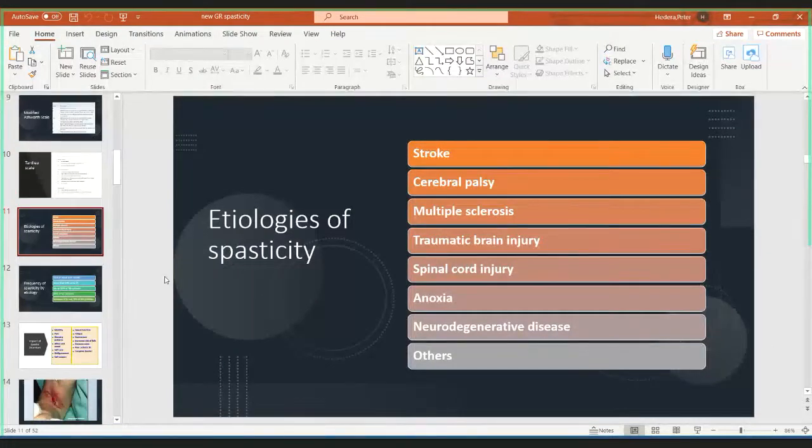So when we look at the etiology of spasticity, as you recall, this is essentially any lesion of the upper motor neuron. So really, the central nervous system has a relatively stereotypical way to react to injury. And when I say injury, I don't necessarily mean traumatic brain injury as a mechanical trauma, but any kind of lesion. So stroke, of course, is at the top of the list, and cerebral palsy, for the pediatric colleagues attending this grand rounds, multiple sclerosis, TBI, spinal cord injury, diffuse anoxic injury, and a lot of neurodegenerative conditions. If you look at the etiologies, you can also assess whether you would be talking about focal or segmental spasticity versus generalized spasticity,